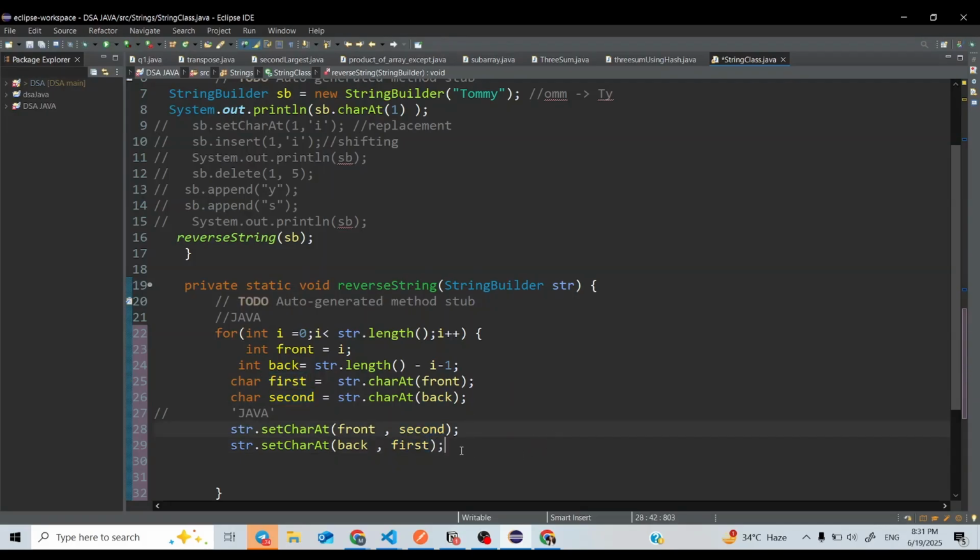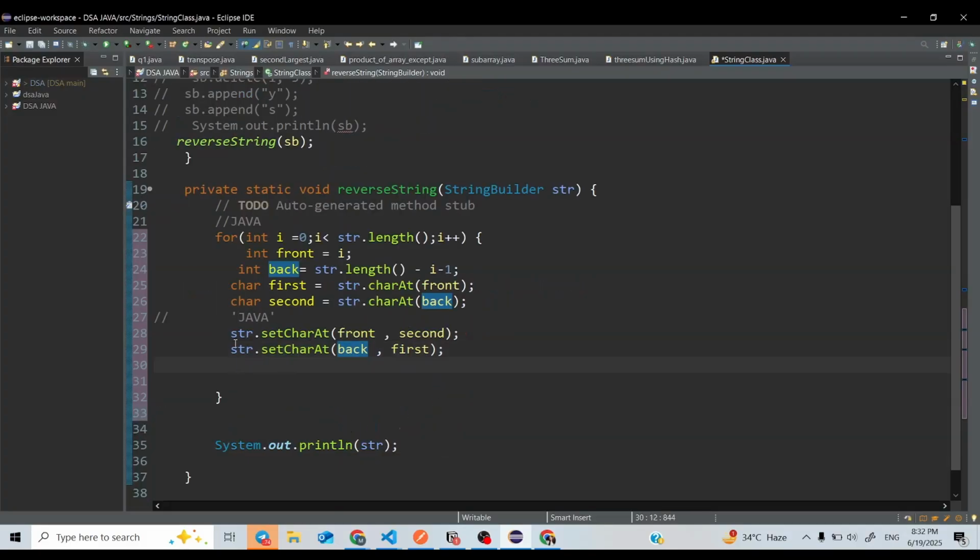Always remember, this is very confusing, so you can write index here also for your understanding. As a beginner you might be confused. So these are holding characters, these are holding indexes, and at the back index I want my first character. So this is done.